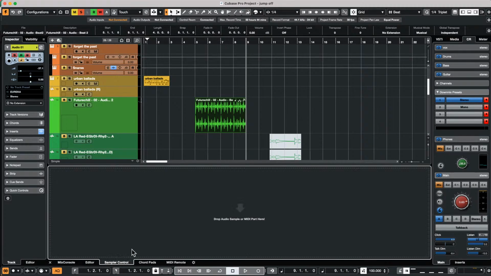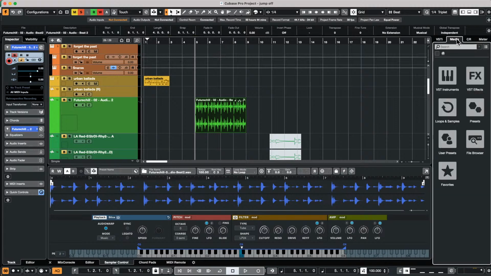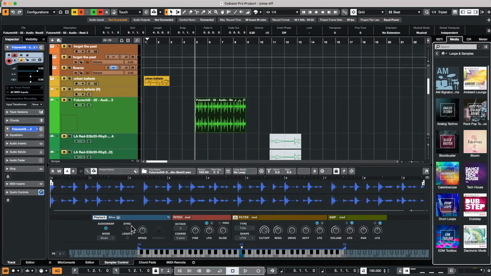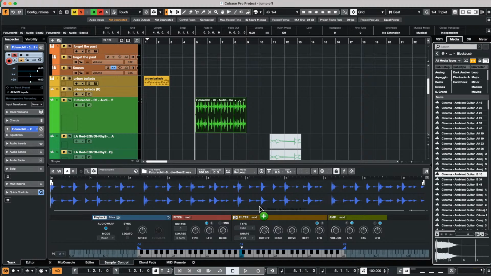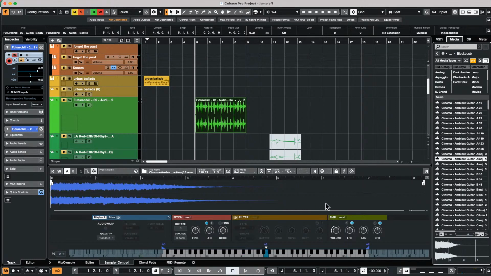Okay, so I'll just activate my sampler control, drag this in, and it's really all you have to do. There's a little lock button here. So let's say I've set up filters and done all sorts of great stuff. We could choose to lock the different parameters. So let's say we have my filter set, let's say my pitch, or whatever. So I'm going to now just drag a different audio file in. And as we do this, we could lock the settings,